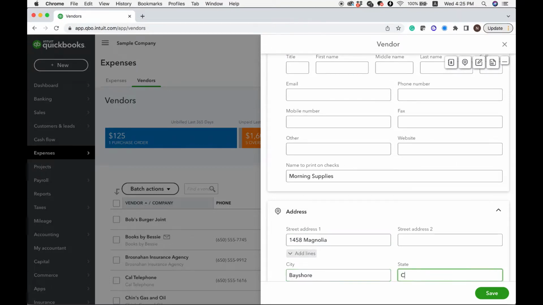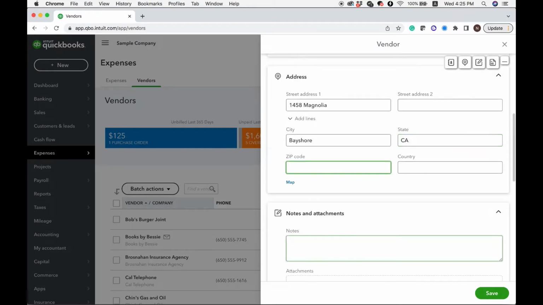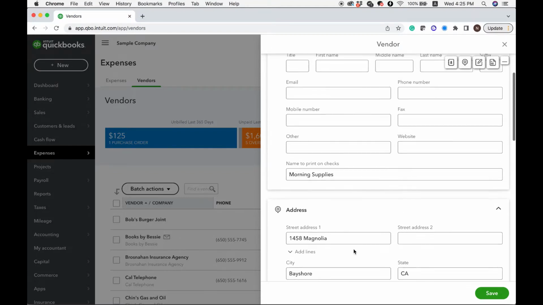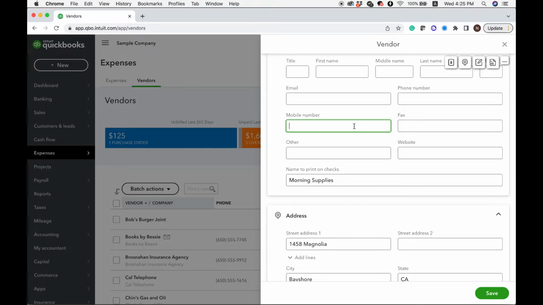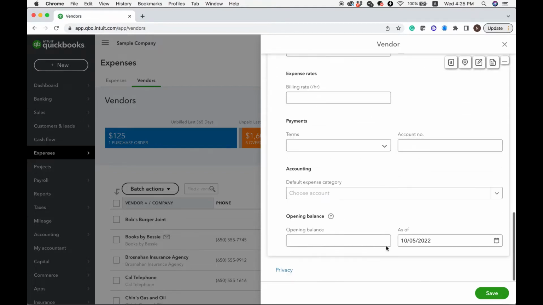Tab, CA California. Tab, 94305 and type the phone number in here. 650 555 8814. And now I'm going to